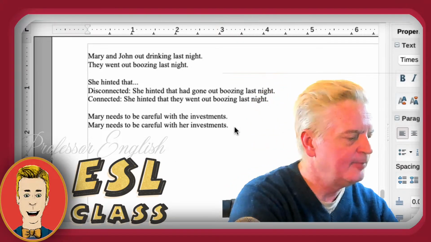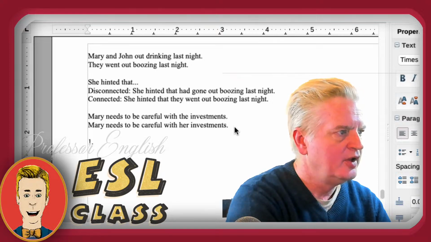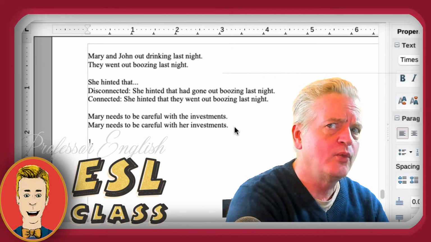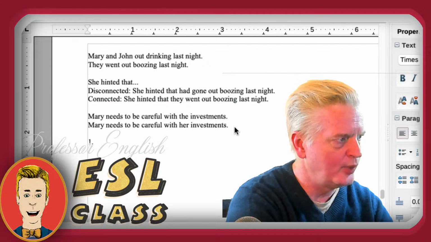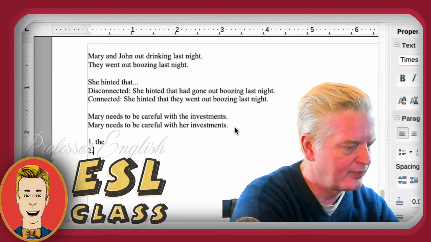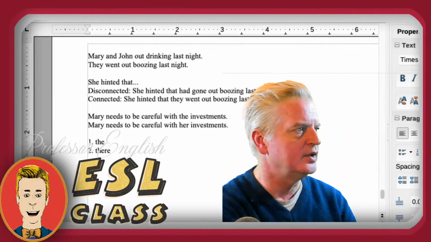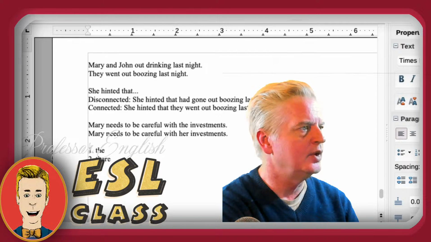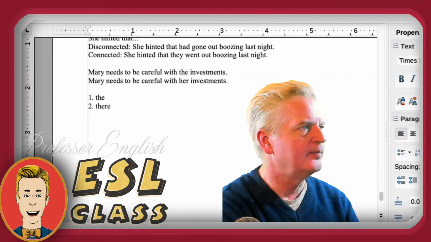Now, recently, I've been doing some things about pronunciation. So, let's do this. I just want to prove a point, and then we'll move on. Because actually, I don't know where this is going, but we'll see. Let's compare these two words for a minute. Okay, you see these two words that I have? I've got number 1 and number 2 here. I've got "the" and "there."